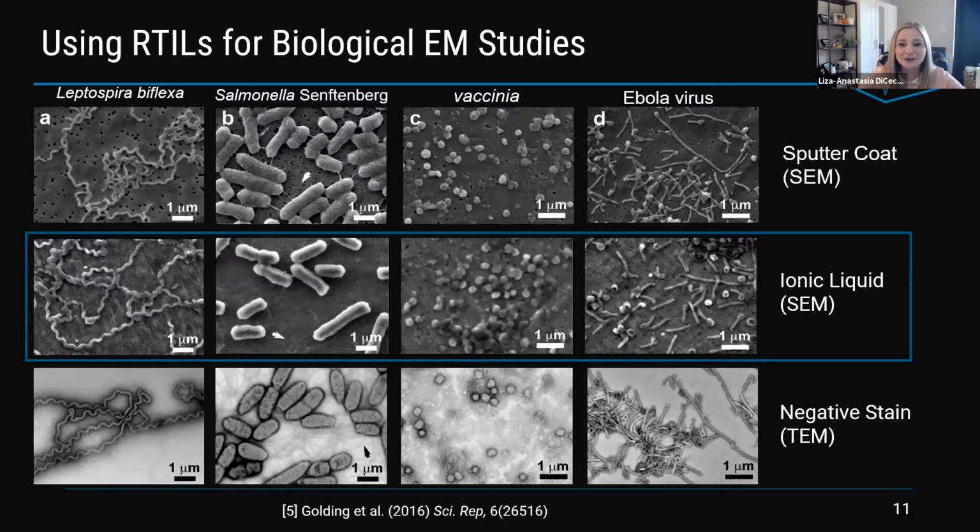But here in this work, they're looking at microbes, and these are totally unfixed and hydrated microbes. I don't know how they got Ebola into a microscope unfixed, but I know they have those really high BSL labs out that way. But in any case, here in this work, they're showing different preparation techniques. So how the typical dehydration and sputter coat compares to an ionic liquid prep to a negative stain TEM. And what they note is they got comparable imaging.